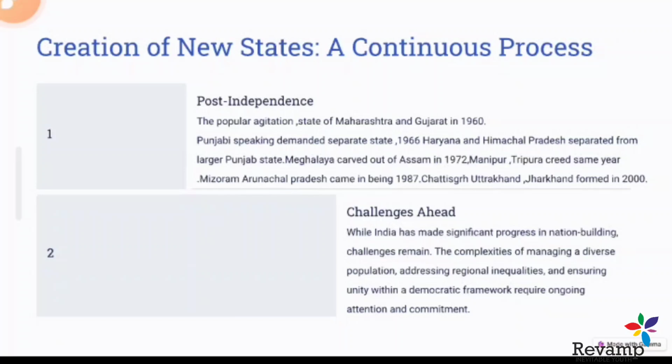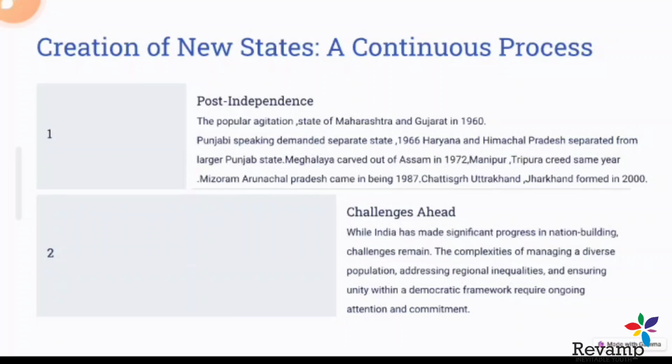Later on, Maharashtra and Gujarat were divided. Gujarati language and Maharashtrian culture clashed with each other. In 1960, a different state, Gujarat, was formed from Maharashtra. After it, a lot of states also demanded separation, like Punjabi speakers demanding their separate state. They said that Hindus were destroying their culture and their religion. So Punjabi culture wanted conservation. They wanted a separate state, but this demand was not fulfilled very easily.